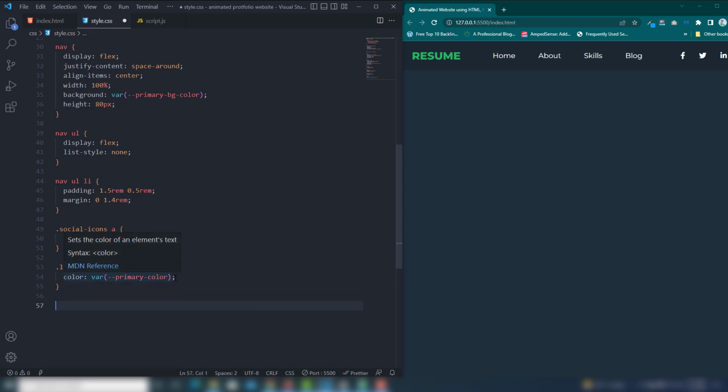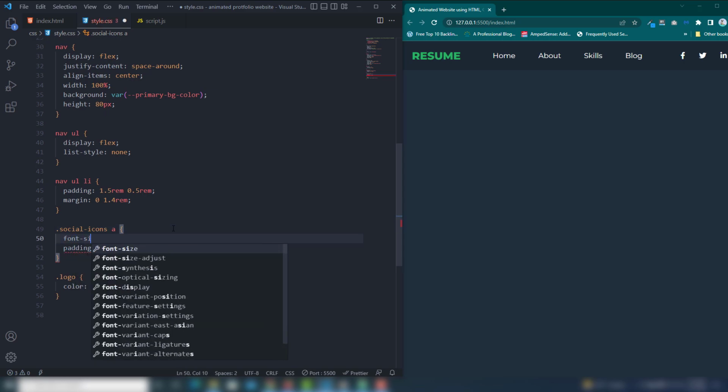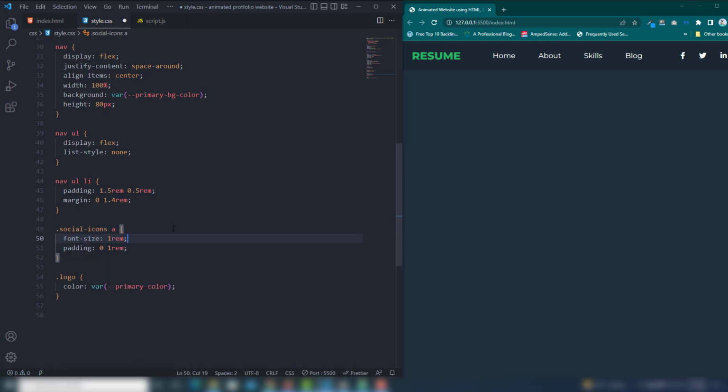In the style.css I'm going to target, also I'm going to add the logo font size will be 1 rem, and I'm going to call the logo. Inside the logo is span tag. I'm going to use font size will be 4 rem. Perfect, as you can see, guys.